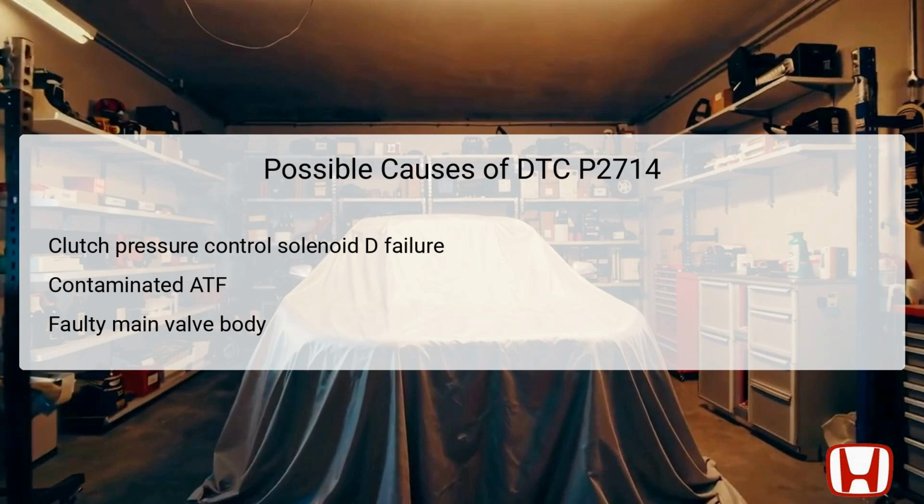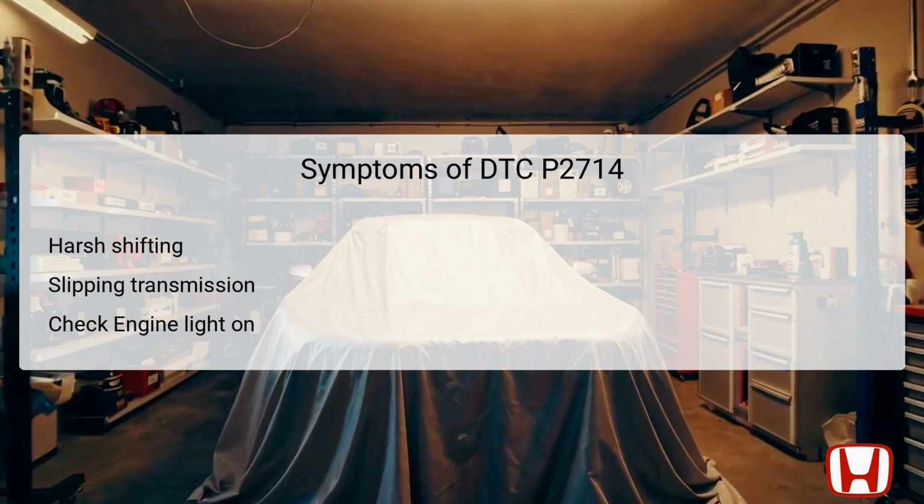the transmission system. When dealing with DTC P2714, drivers may experience several noticeable symptoms that indicate an issue with the clutch pressure control solenoid valve D. One common symptom is harsh shifting, where gear changes feel abrupt instead of smooth. Additionally, the transmission may exhibit slipping, meaning it fails to engage fully in a gear, which can lead to a